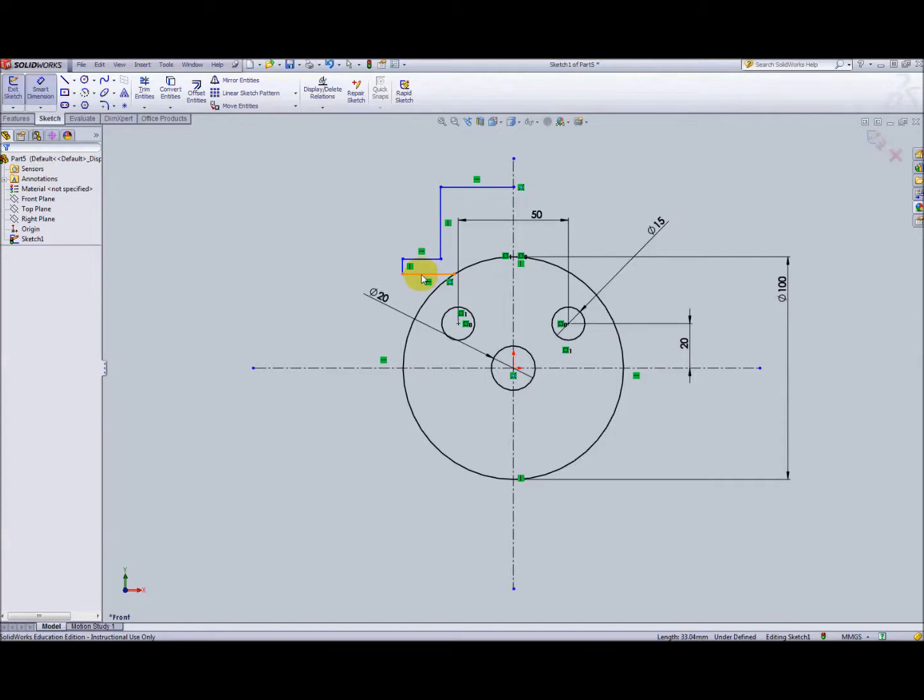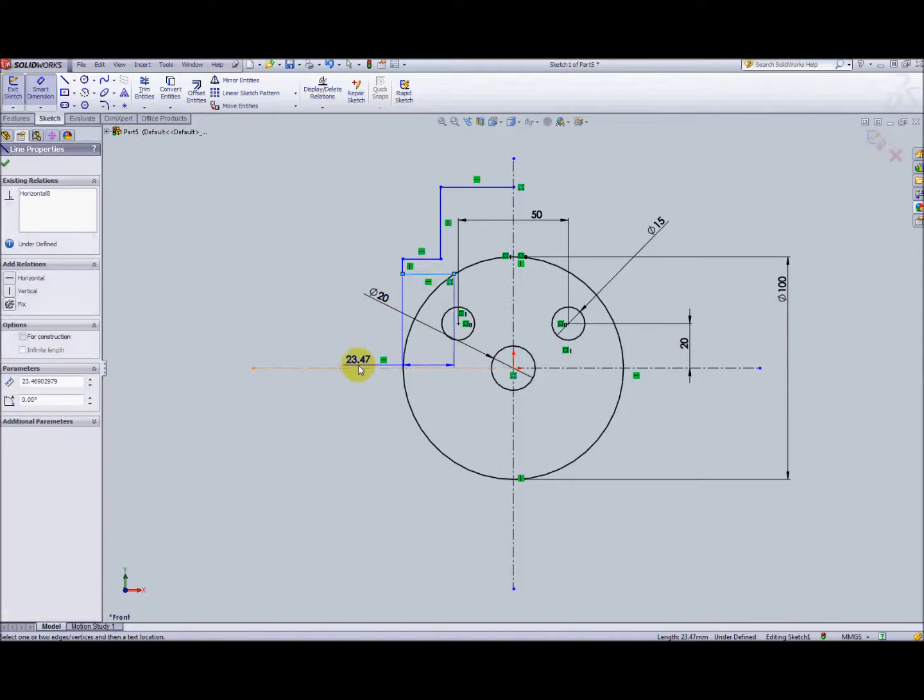We could dimension the brim of the hat, put one dimension from here down to here, and then another one from the top of the hat to there, and then if we think, well, the hat needs to be 4 millimeters thick, we just have dimensions that are 4 millimeters apart. I'll show you what I mean. So we could dimension from here to here,